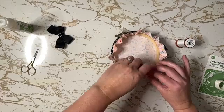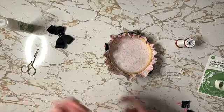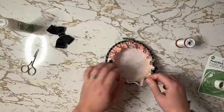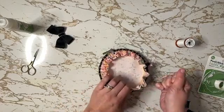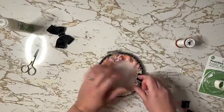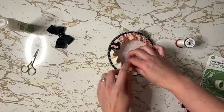All right, so once you get back to the beginning, which I'm almost there, we're gonna pull really tight. And hopefully my knot at the end will hold. It's a little thicker down here, so that's why it's not pulling as tightly, but that's okay. So actually what I'm going to do is continue my stitching just a little bit further to make sure I can